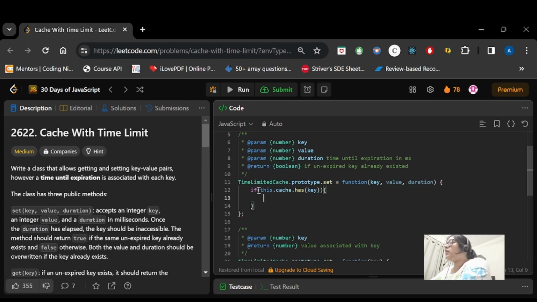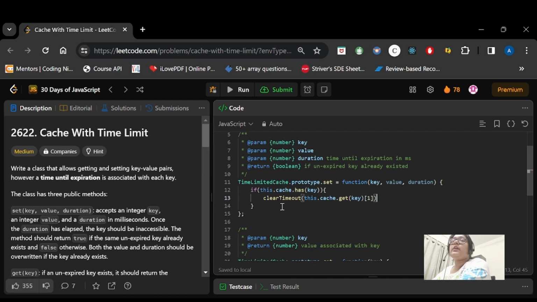So we will clear the timeout, this.cache.get(key).